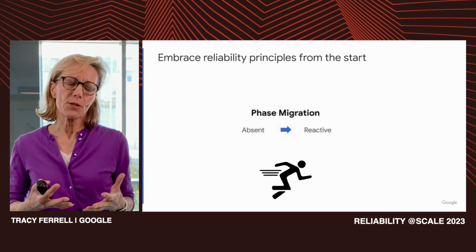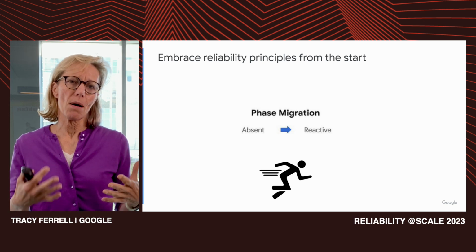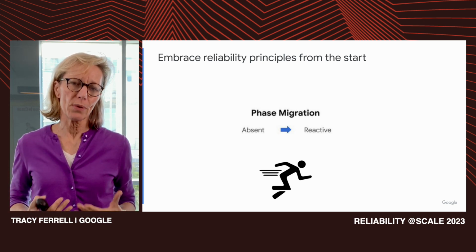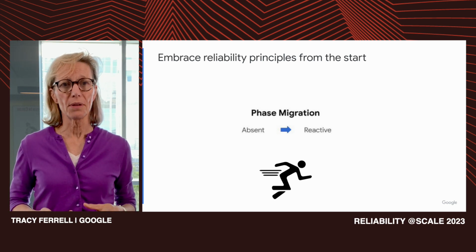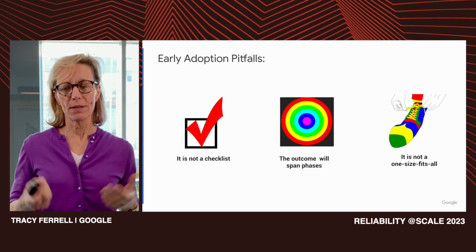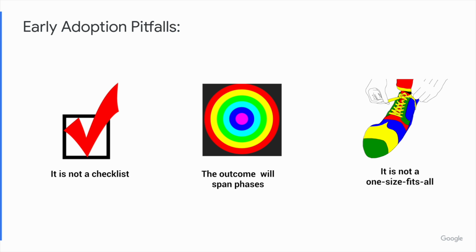So here are our three stories. We validated to some extent our model, that it makes sense, and it resonated with the teams that we spoke to. And we started to roll it out across Google. And we encountered some pitfalls, and I wanted to share those pitfalls with you, so in case when you roll it out with your organization, you can be on the lookout for these. So there are three of them.